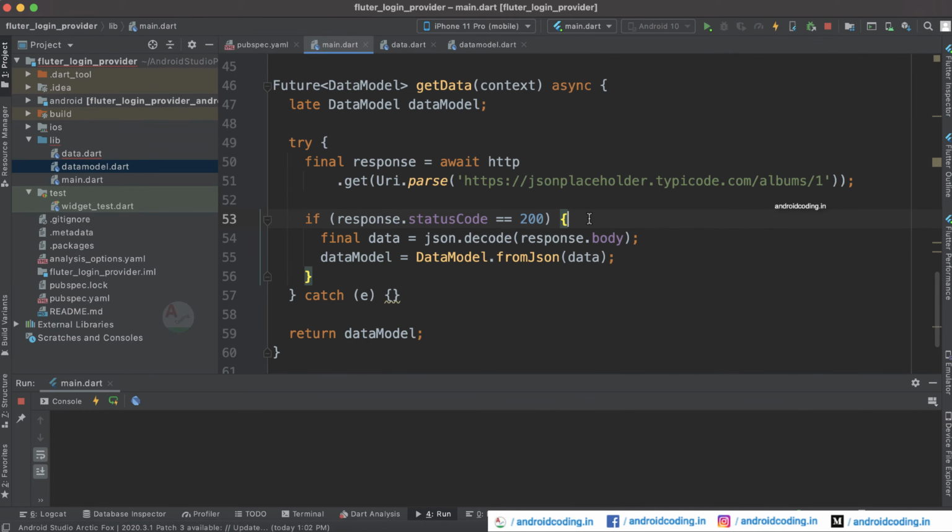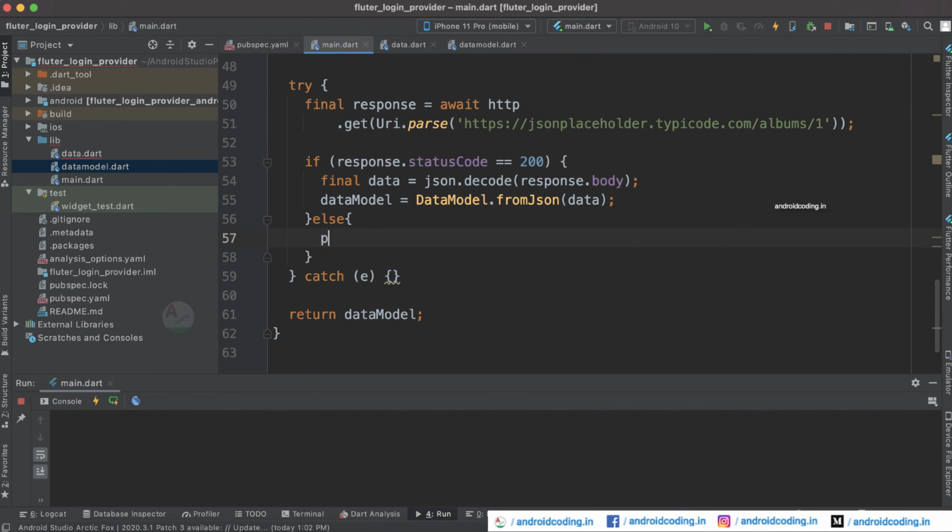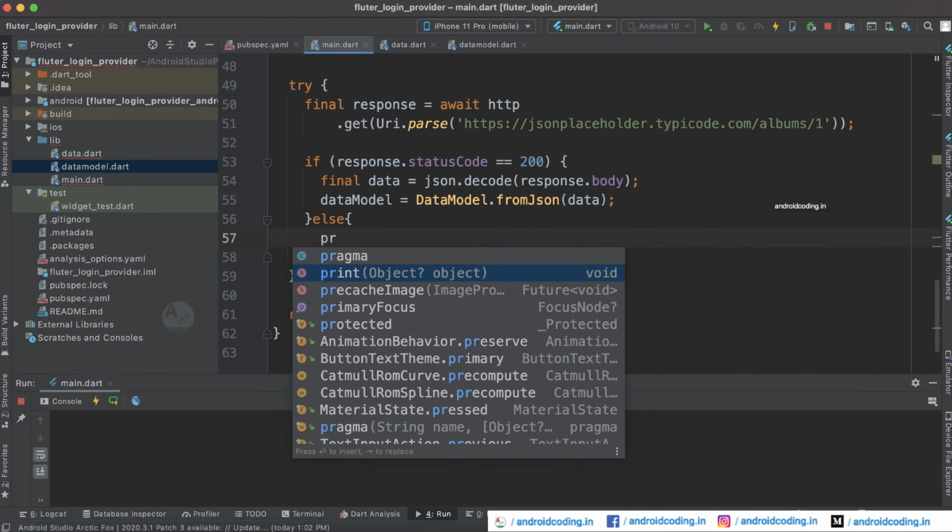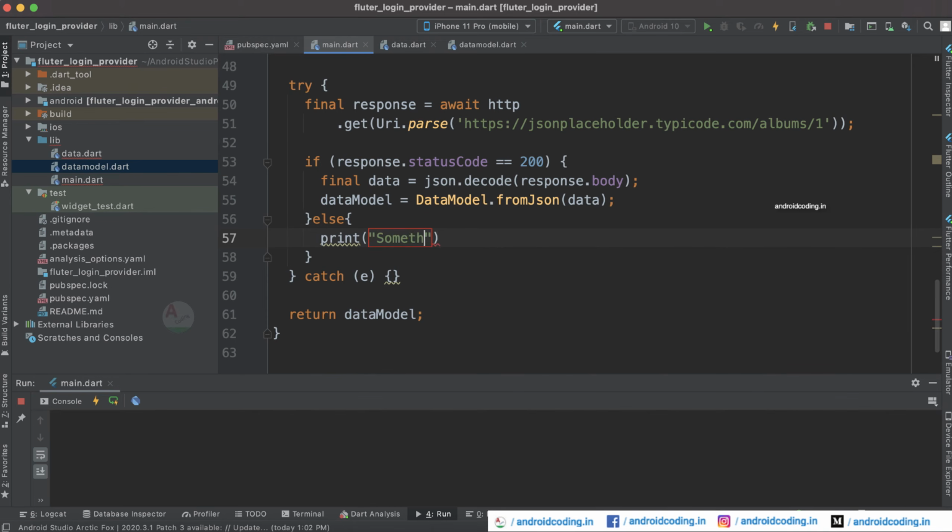And what if we have received a different status code other than 200? So if you receive any other status code, it might be the result of a failure, or you have not fetched the information which you required. So here I am just trying to print information like something went wrong, and you can handle this particular block as you wish here. So you can just display an alert box, or you can just move to another screen.